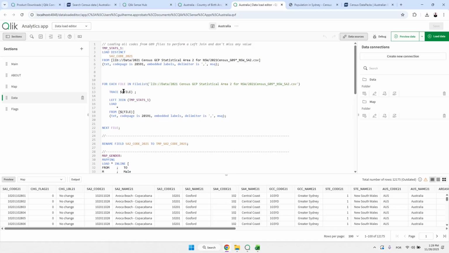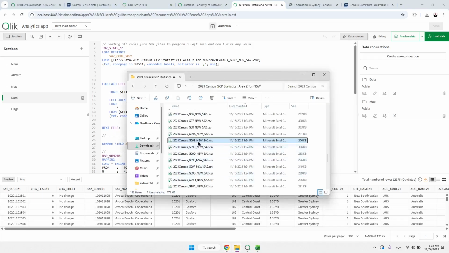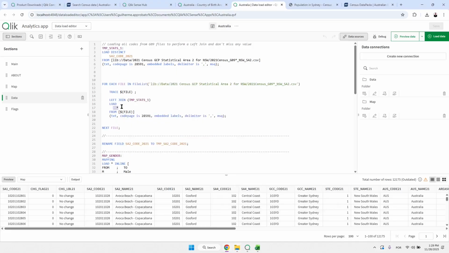Then I want to loop in all these tables that we have that are part of the G9 section. So I will enter in each one of them and load everything they have and put in one single huge table. Okay, so I will left join with this SA2 code. At the end, basically what we are doing is we have a list of SA2 codes.